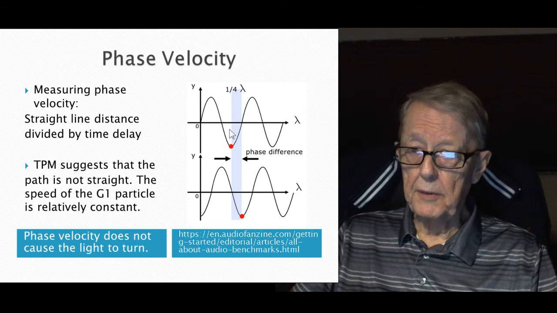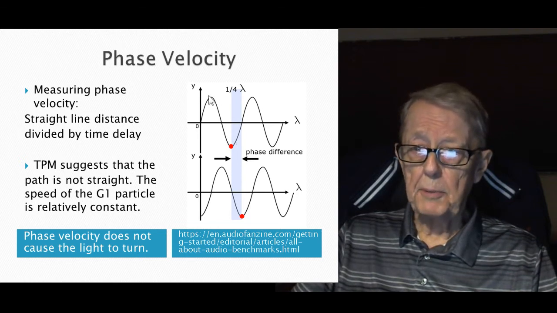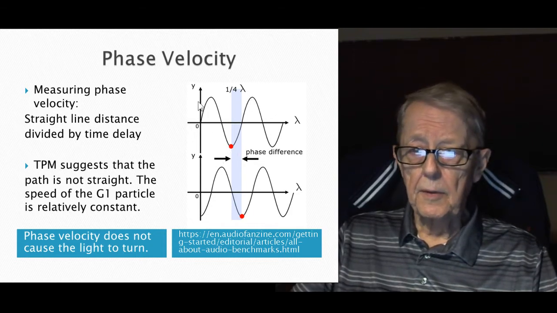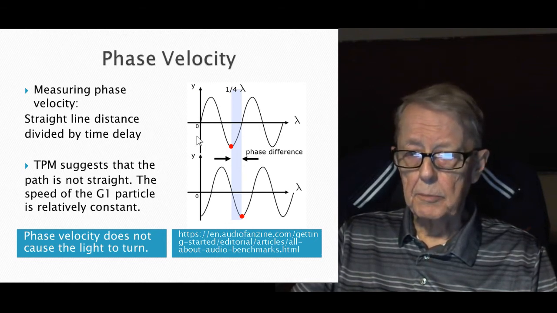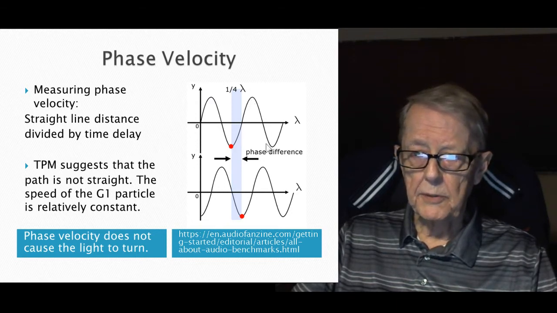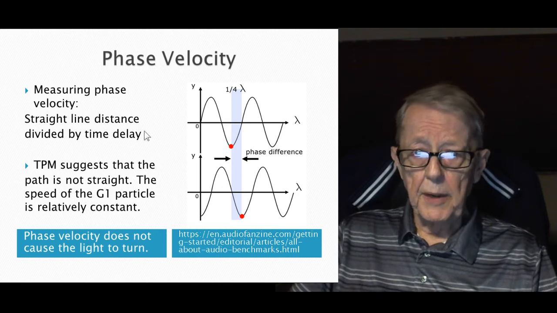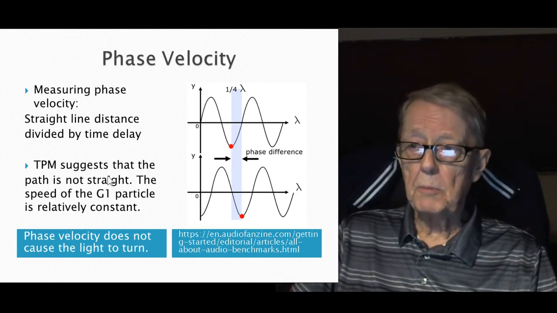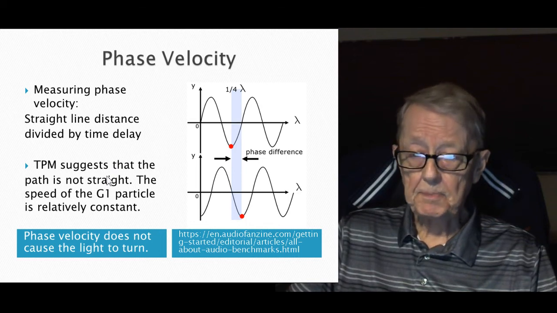Not to belabor the issue, but in the particle model, there's a peak here, and there's a valley here. There's no particles here, and there's lots of particles here. The wavelength I show moves the zero reference down here, so that you have double the amplitude of a number here and zero, double the amplitude and zero. Anyway, they use a straight line, but the particle model suggests that as the G1 particles go through the glass,